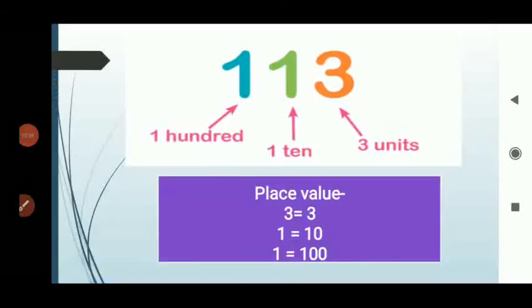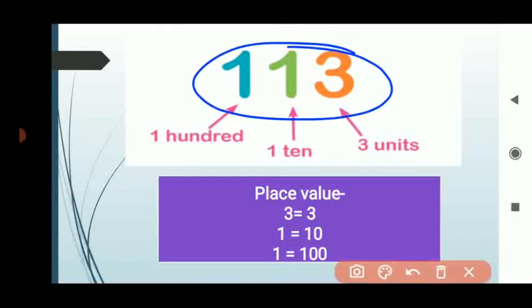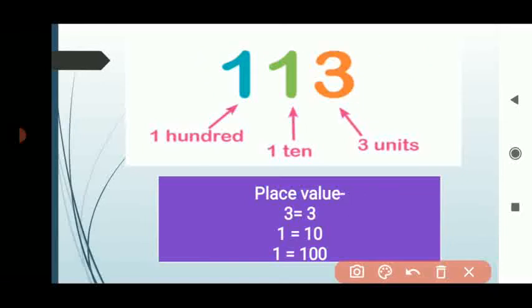Now let us see this number. This is 113. Let us find out the place value of each digit. So the last digit is 3. What is the place value of 3? 3 is at which place? Ones place. So in the ones place, we can say,